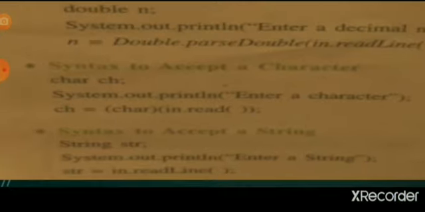So now if we want to accept a character, then we use ch as a character type variable, then in.read method and convert that into character type. Okay, now the next is to accept a string.